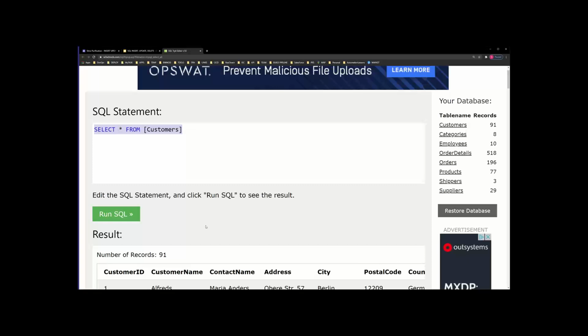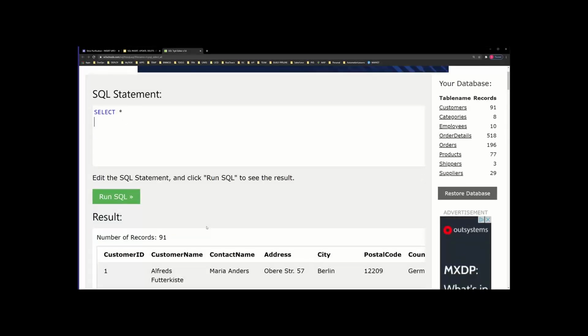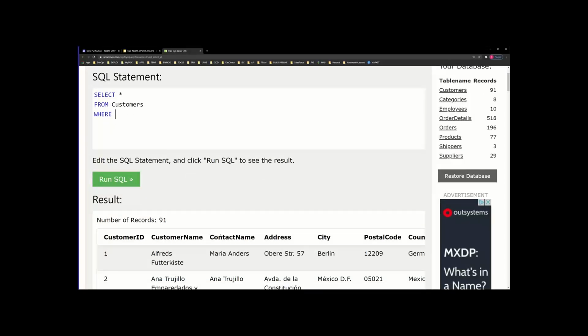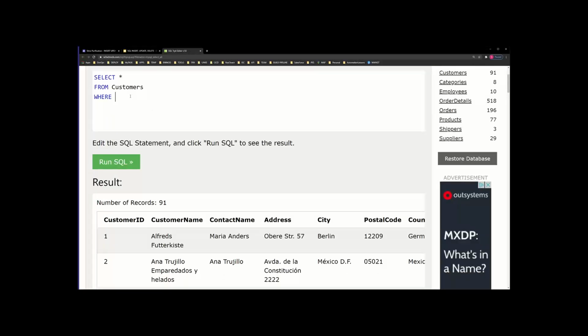You get the point. So I would say select. Let's say I want to display everything. So select star. You have to specify which table. So from customers. This is where you have to say where, because you're filtering with a wildcard. You have to specify the column name, it is a must. Every time you have a where, you have to specify a column. So the column name is customer name. Where customer name